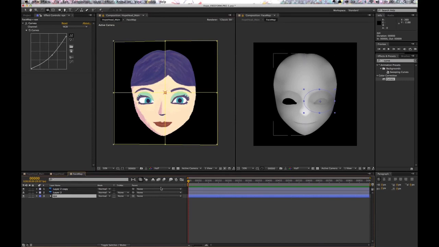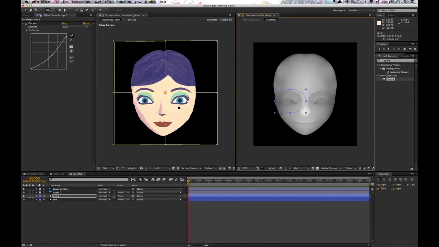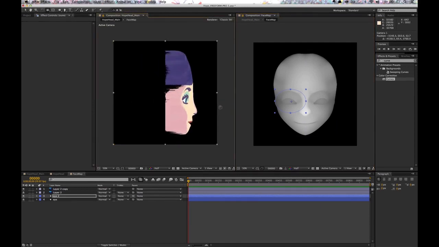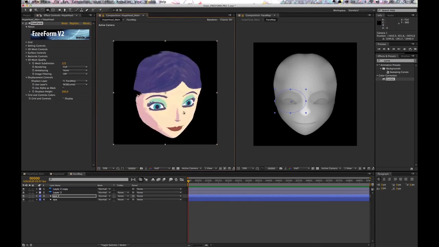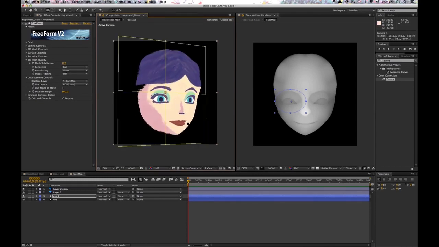For the other eye, I just want to Command D and duplicate it. Hold Shift and drag this along, and just drop that on so we're matching the other side. So we can see how easy it is just to make a couple of eyes. But these aren't set in stone. We can move on and always come back to any element of the face and keep on manipulating and remodeling